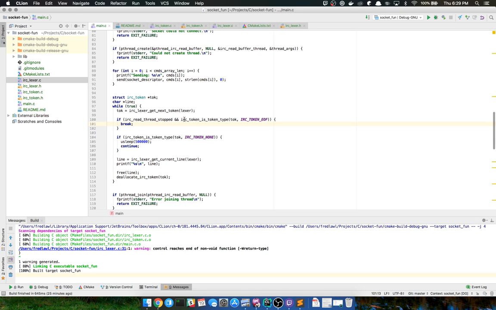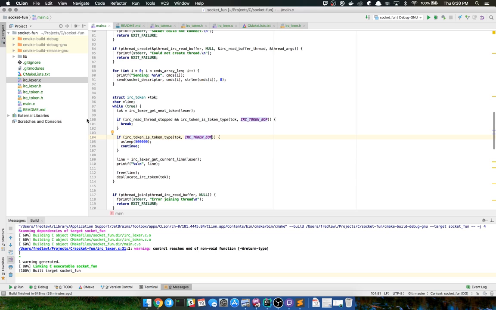But the problem is I don't want to stop. If that thread stops, and I still have lines to look at, I don't want those to stop either. So what I mean to say is, instead of saying EOF, I mean to say have this how I had it before, really, where I was checking for that null. But I'm going to replace this with the EOF. So instead of using token none, I'm going to use EOF for the line ending.